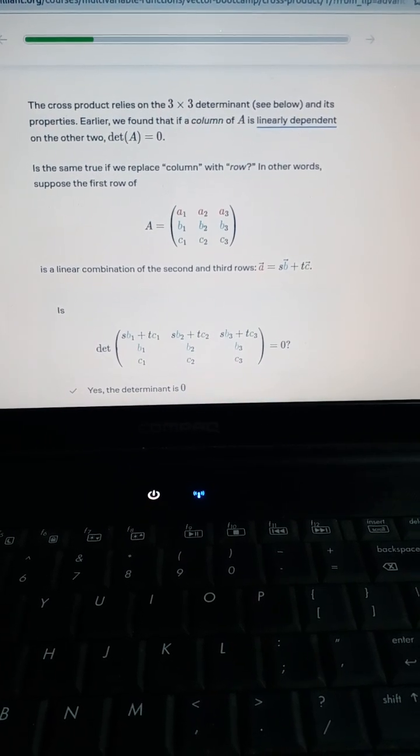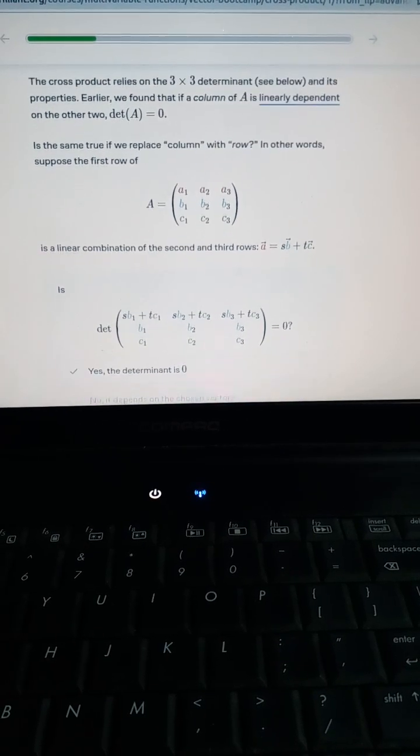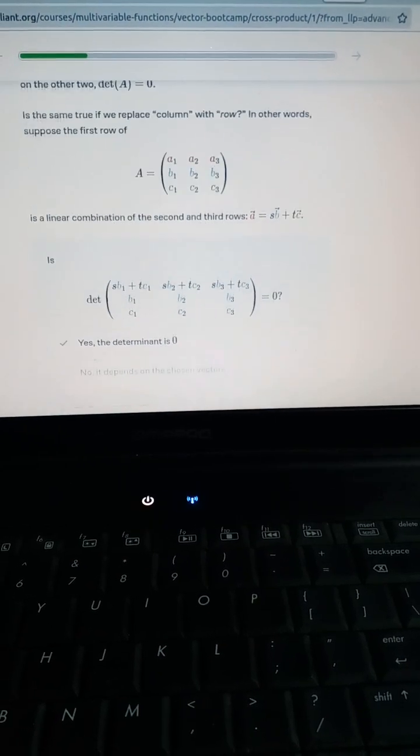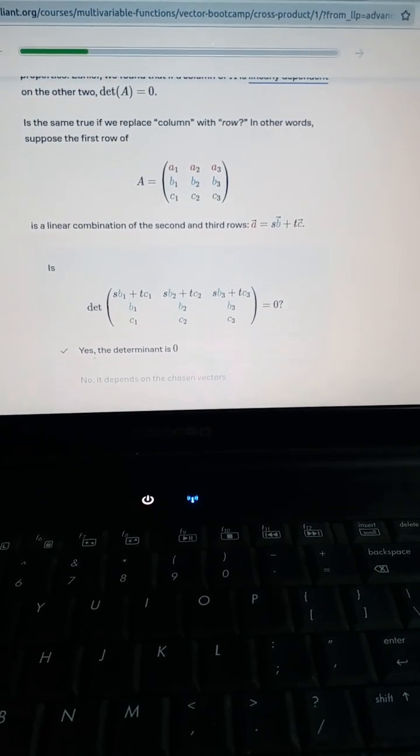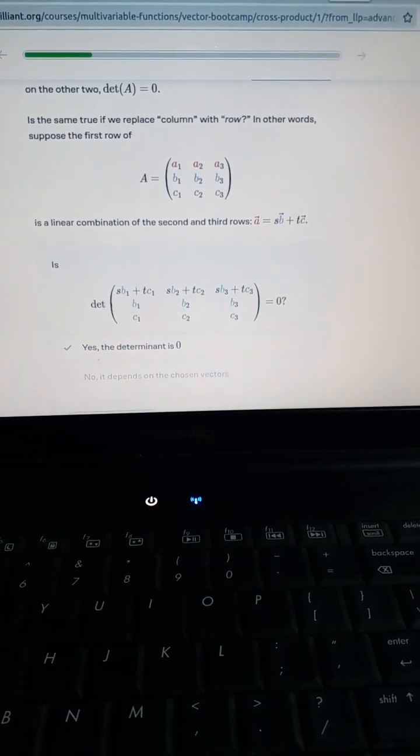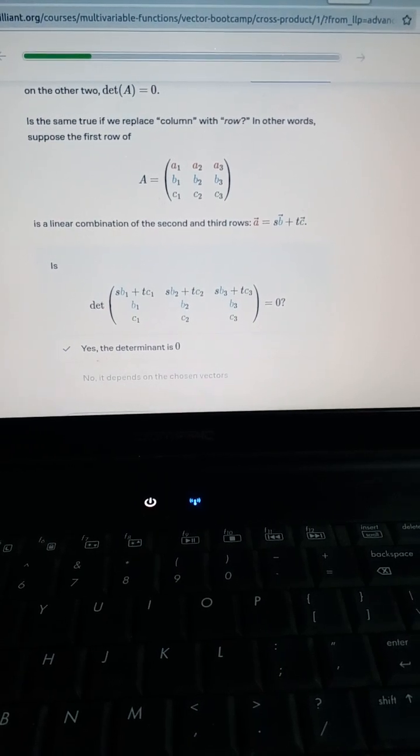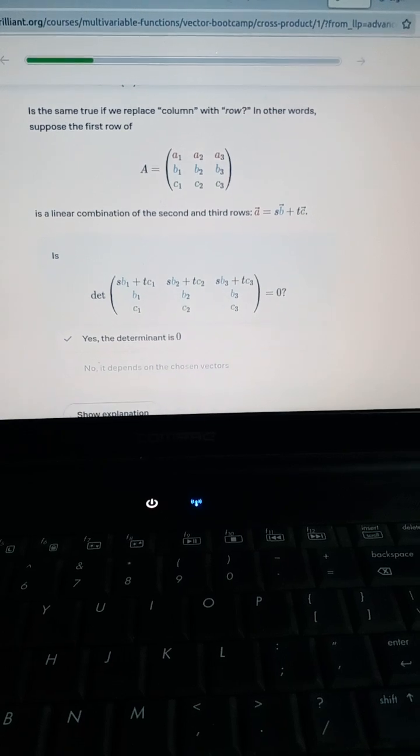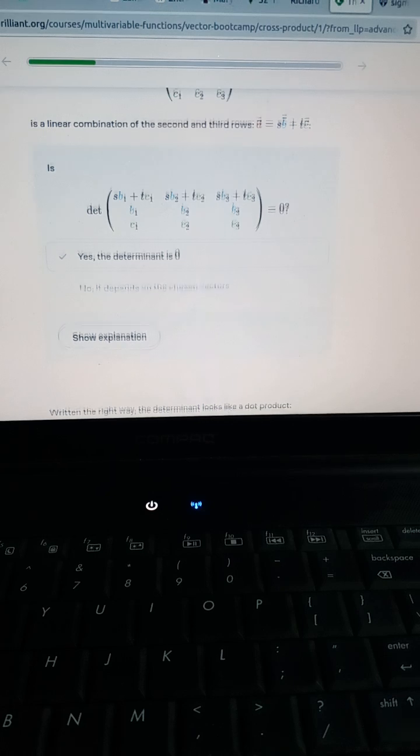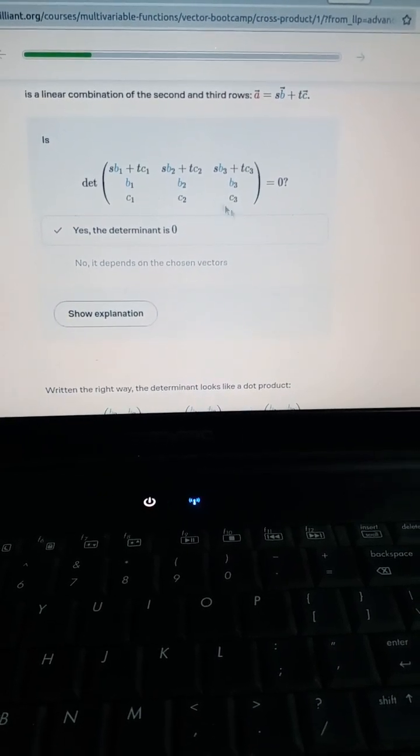And then they start talking about linear combinations and linear independence of the three vectors. And they ask you to prove that if the three vectors aren't linearly independent, the determinant is zero. In other words, this volume vanishes. And if you look at the explanation of why the determinant is zero,